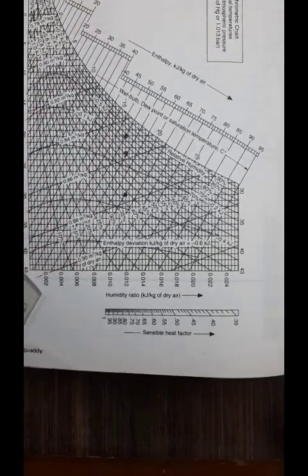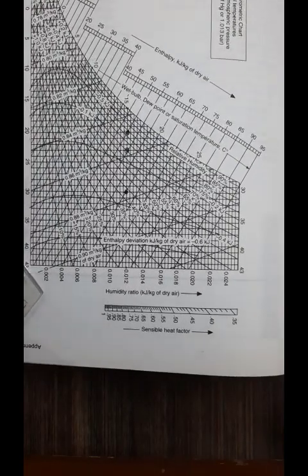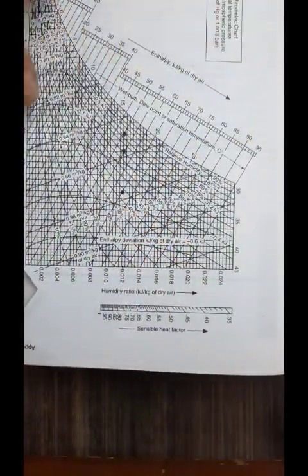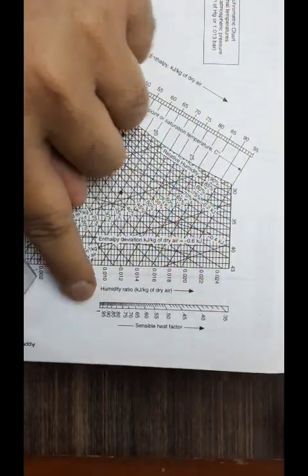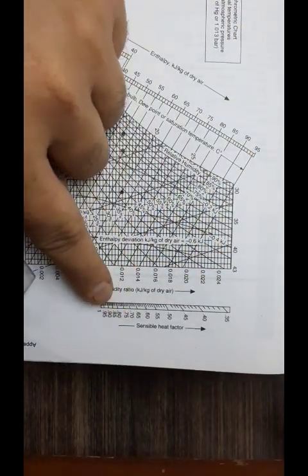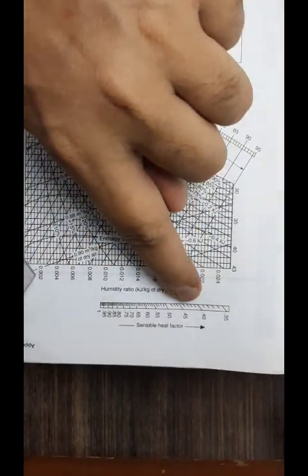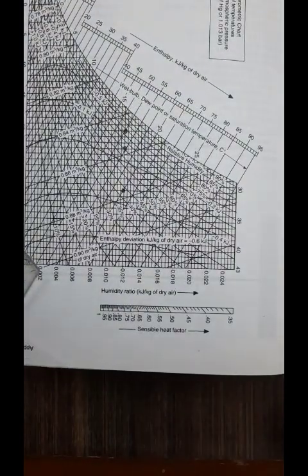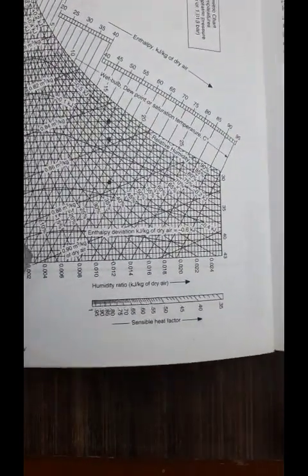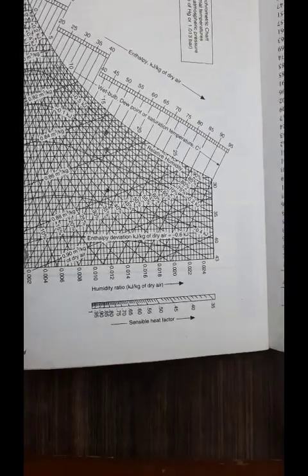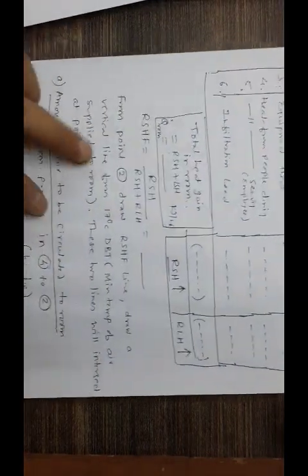Now here is what we are required to be using it for in our actual problem solving. We have found out this RSHF, sensible heat factor. Now in your diagrams, this may have graduations only like 1, 0.95, 0.9. In between may not be available, but one can go for a better chart which has more graduations, and you can be more perfect about it. Because now in the calculation, this is what we did in the earlier case. We got this value of RSHF here.